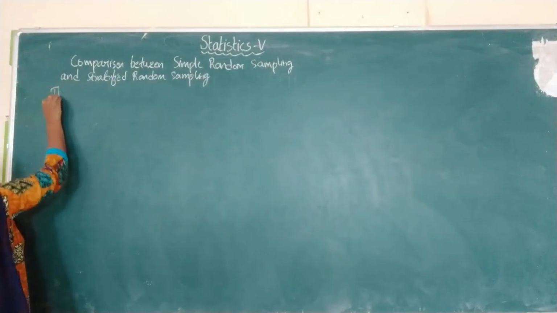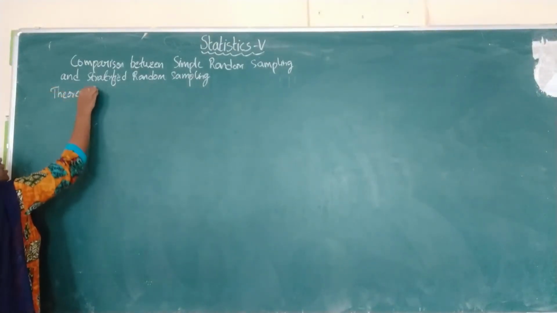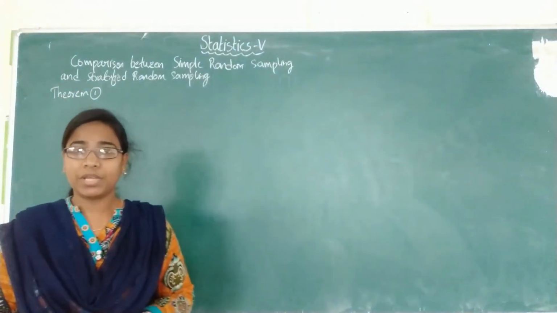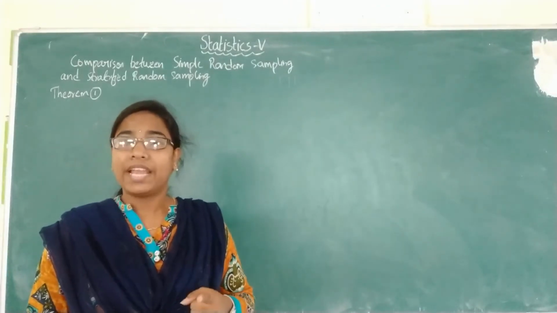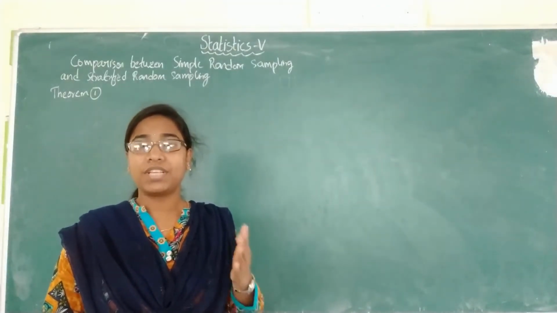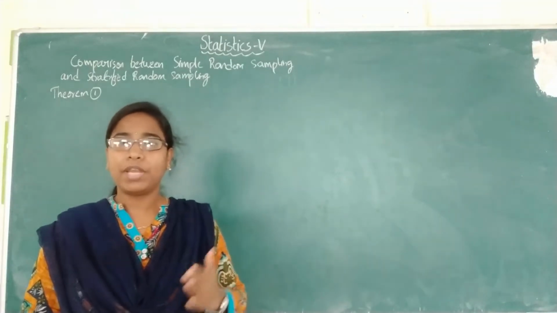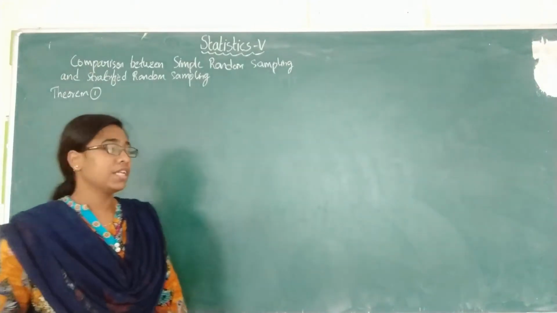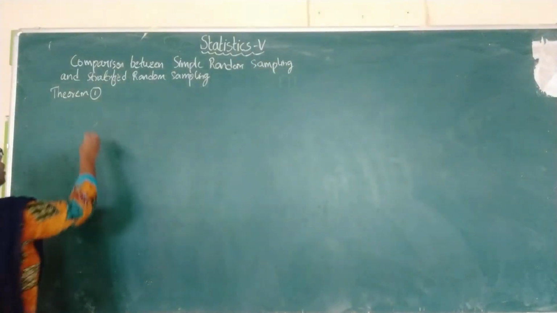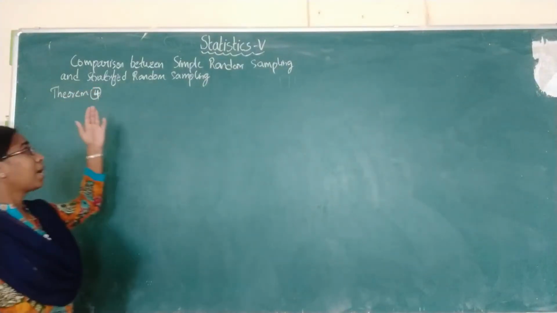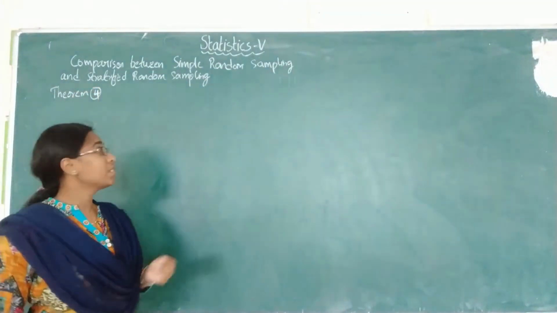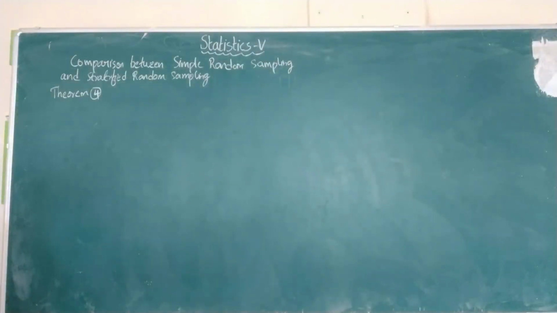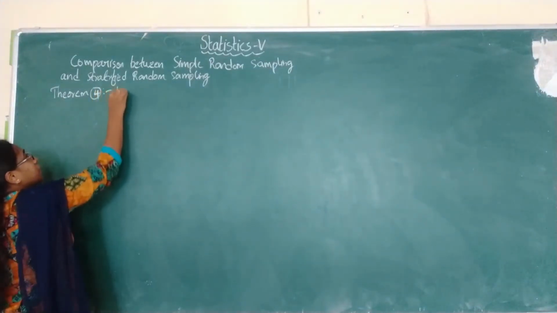This is theorem number 4. Theorem number 1 was that the sample mean is an unbiased estimator for the population mean. The second theorem was ni proportional to NiSi, for the fixed sample size n, finding the minimum variance. The third theorem was minimizing the variance for the fixed cost. Now the fourth theorem in this unit is the comparison between simple random sampling and stratified random sampling. Coming to the theorem statement, with the usual notations,